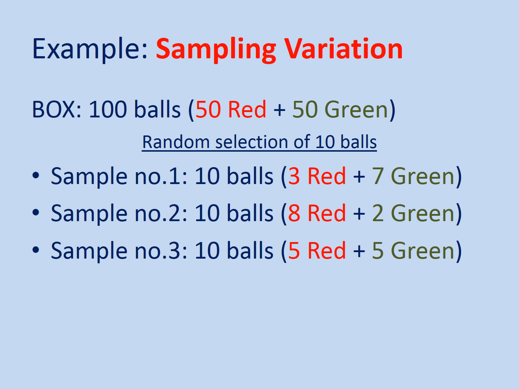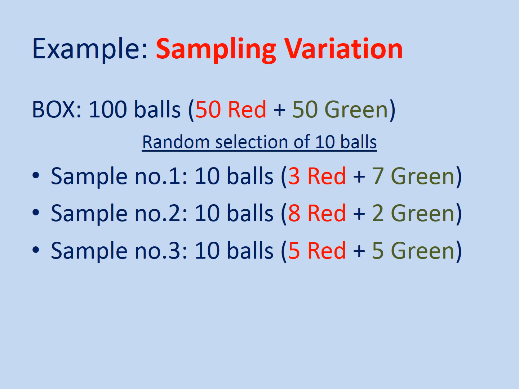Now after that we will understand the concept of the sampling variation. So another example on the screen, you can notice that example. You have a box. That box contains 100 balls, 50 red and 50 green balls, and you want to do the quality check of the balls. So first of all, you will take a random selection of 10 balls. So you will select a sample of 10 balls. In the first sample that you take from that box of 100 balls, the composition of that first 10 balls is 3 red balls and 7 green balls.